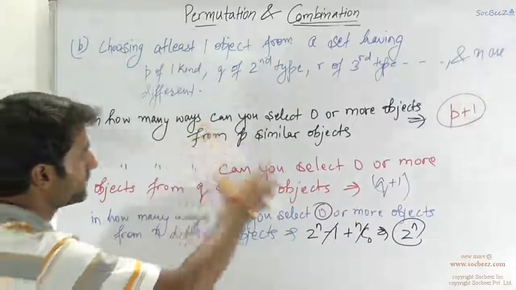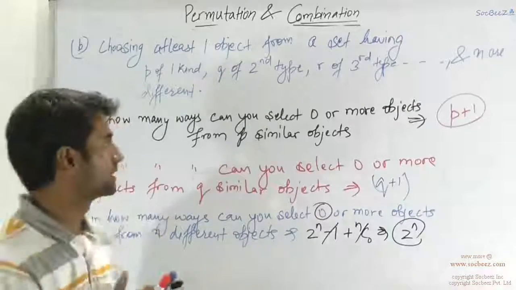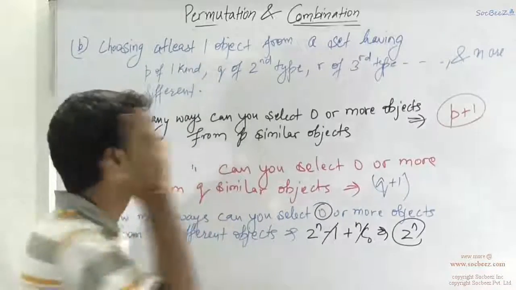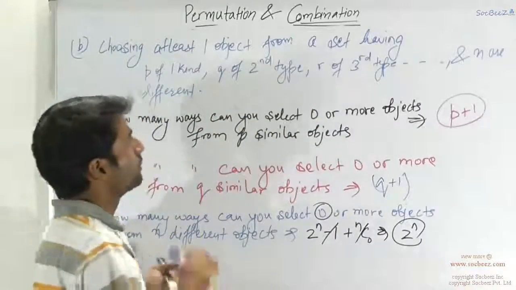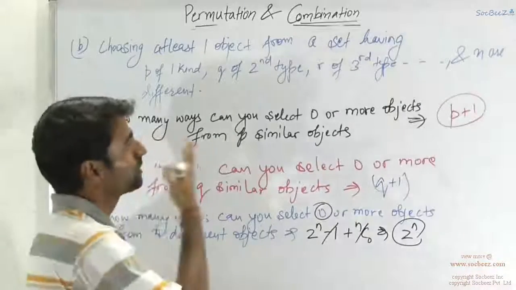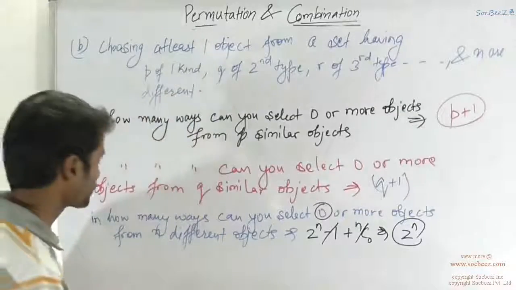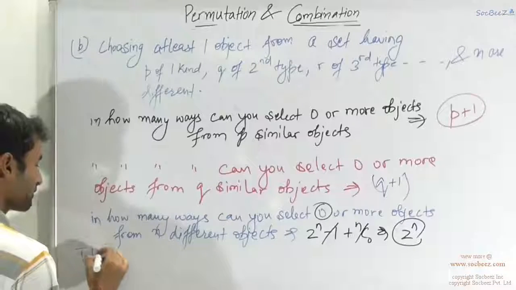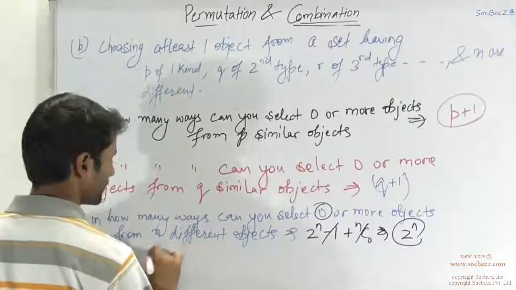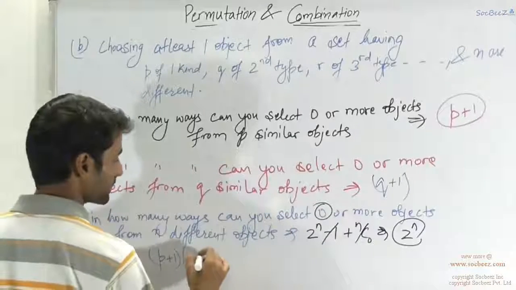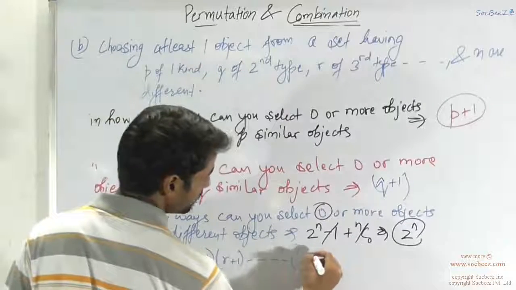So we calculated similarly for all of the different cases given in the problem set. Now you have to club these because there is no restriction that you have to choose from the first part only, second part only, or third part only. It is based on the principle of multiplication because you have to choose from all of them. So the total number of cases would be P plus 1, then Q plus 1, R plus 1, similarly continued, and the last would be 2 power n.